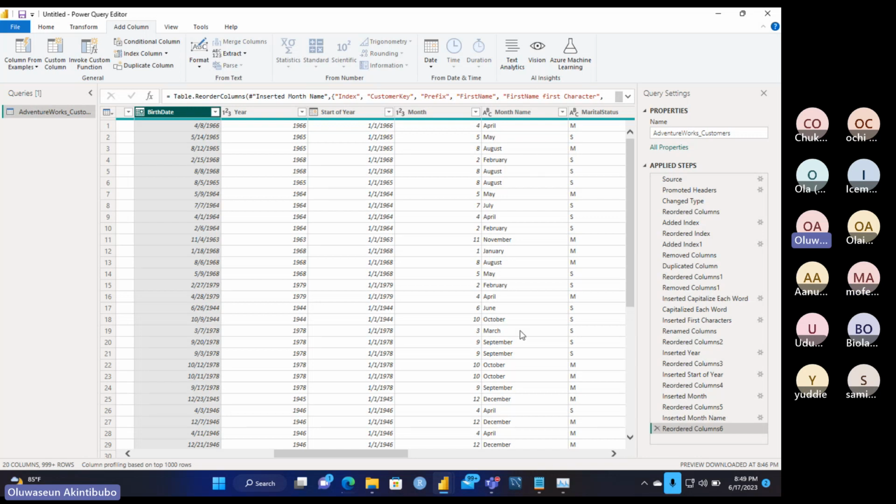So what you can do is go and delete that step and go to add column before you do the extraction from the date column. Okay, so it's not transform I should use. Okay. Thank you very much. You see, I didn't see that.